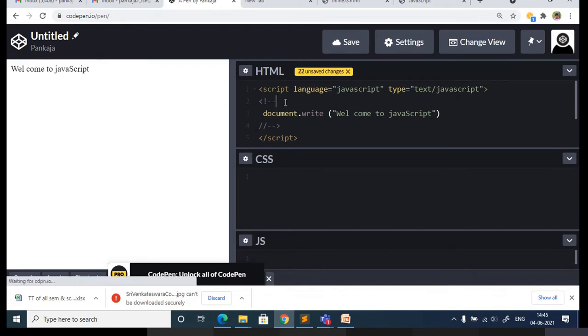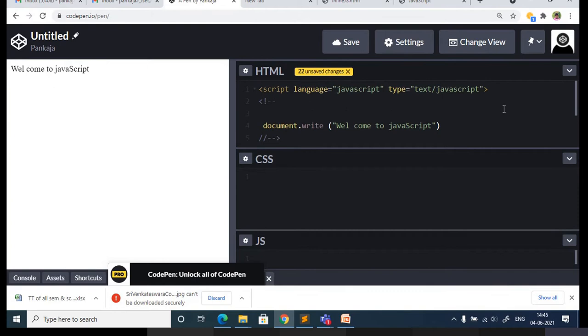In case you have variables, which we are shortly going to discuss, I'll assign a is equal to 10.